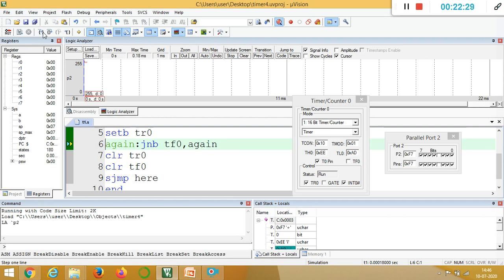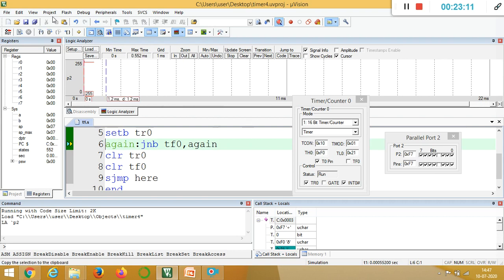So I am executing now. You can see the cursor is in front of the same instruction again. Until TF0 becomes 1, it will stay in the same loop. You can see here the values are changing, 39, 49, and so on. After that, when it reaches FF, you can see the TR becomes unticked. So now it is EF, D9. Now it is F0, like that F1, F2, F3, it will continue.